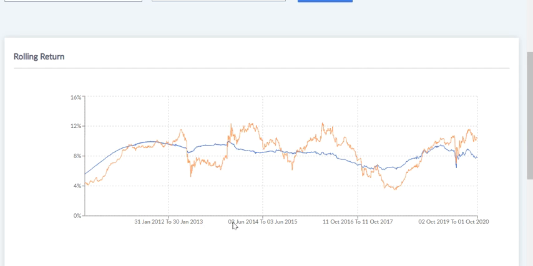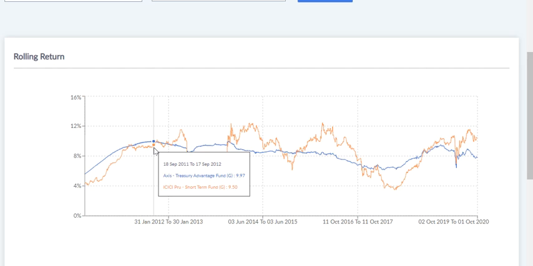Let's check this one only. At this point where my cursor is, it is showing 18 September 2011 to 17 September 2012. So this is exactly a 1 year period, right? It will advance by 1 day. So the next data point in the graph will be 19 September 2011 to 18 September 2012. It will keep on increasing 1 day, 1 day, 1 day. So all the dots are plotted in the graph.